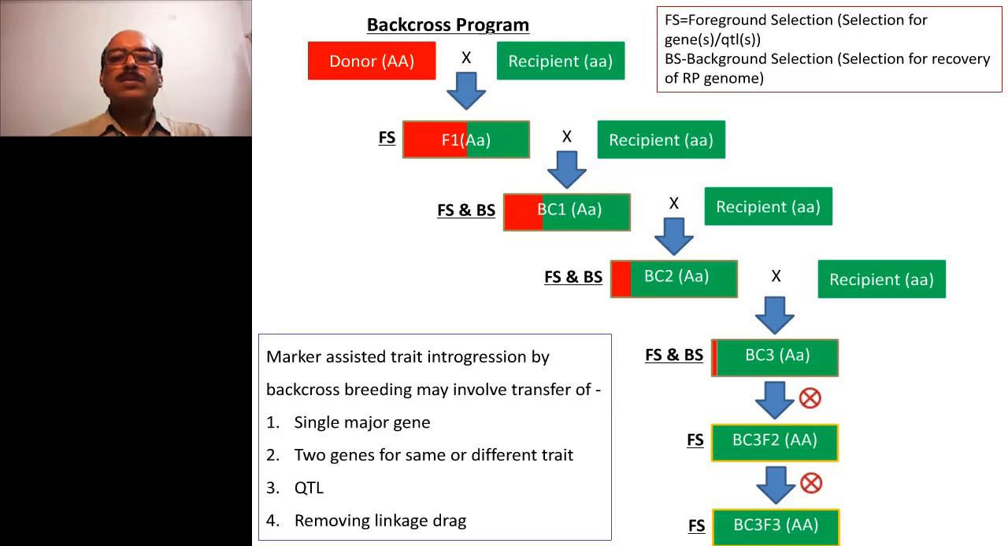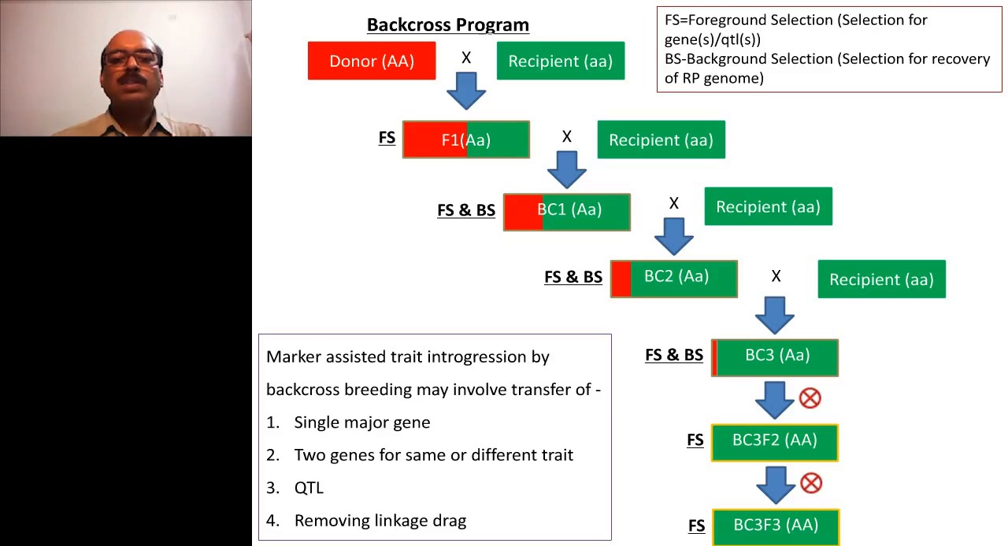During this whole process, foreground selection is carried out to select for the presence of the gene or trait of interest, and background selection is carried out to select plants carrying a higher genomic component of the recurrent parent. And this is where it becomes very critical to select, in each generation, the plants having the highest genomic component based on genotyping, which can be carried out by SSR based markers or SNP based markers. And this really accelerates the whole process of